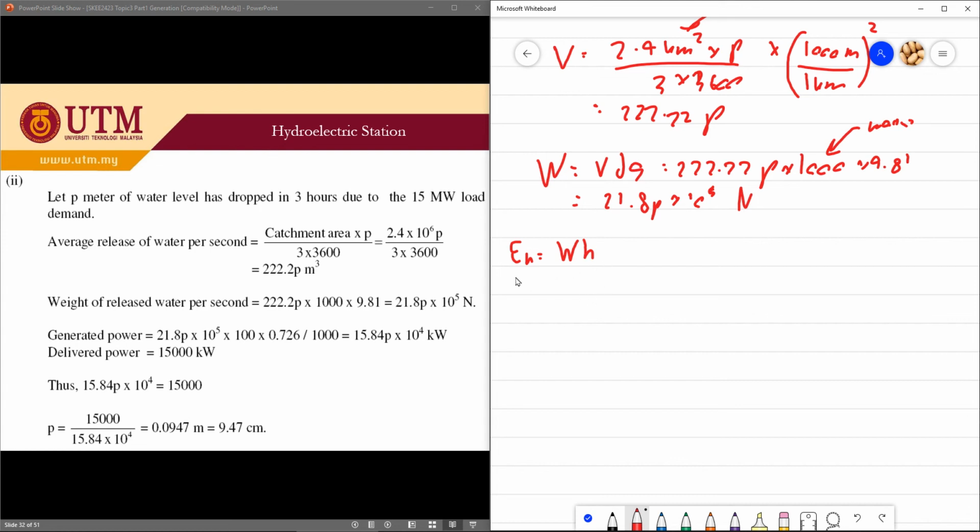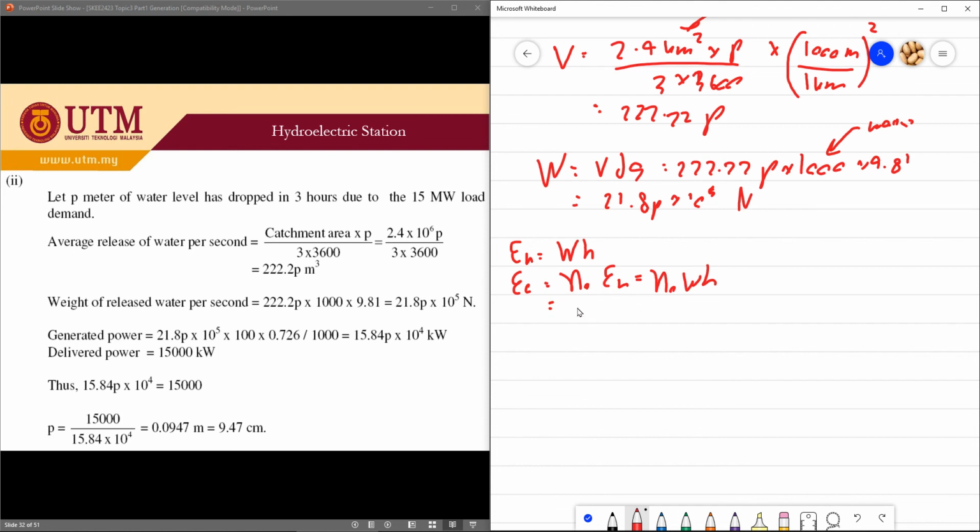Okay, and the electrical energy is equal to the overall efficiency times the weight times the head, or E_E equals η_o W H. Okay, please recall the formula. So you get,